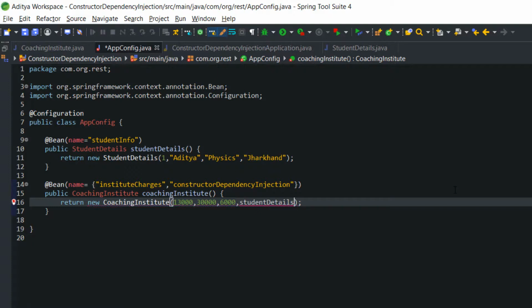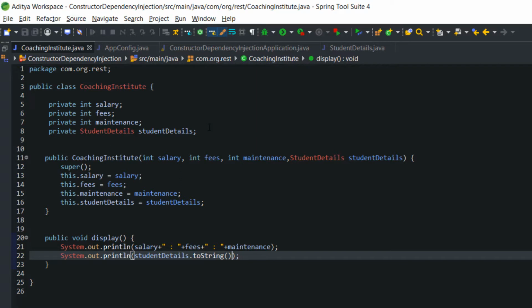I have connected this student details bean to the coaching institute bean, and in our business layer I have connected the coaching institute class file to student details. So I have changed the configuration file and the business layer of coaching institute and student details file.